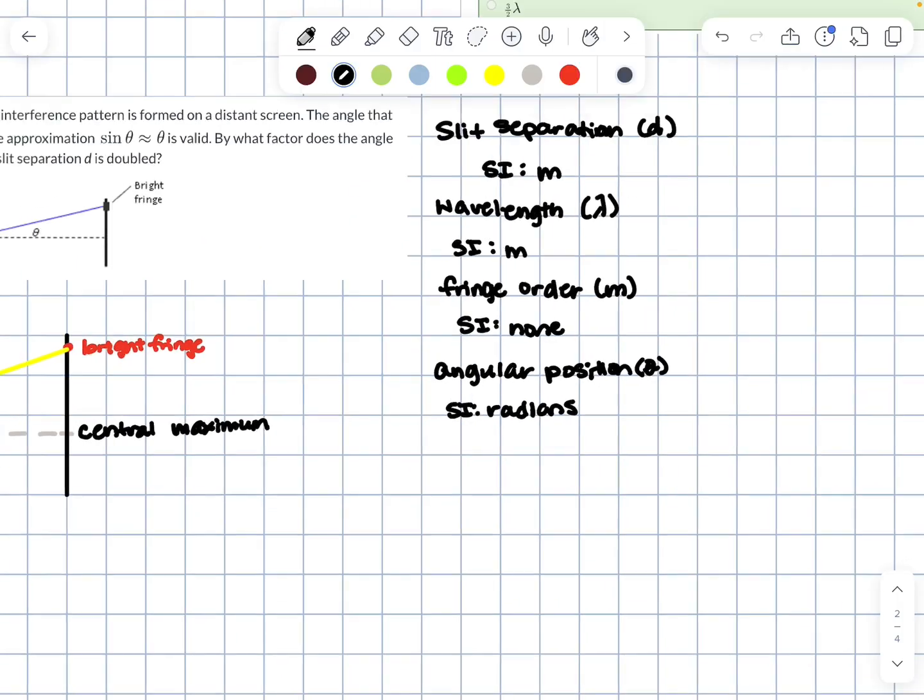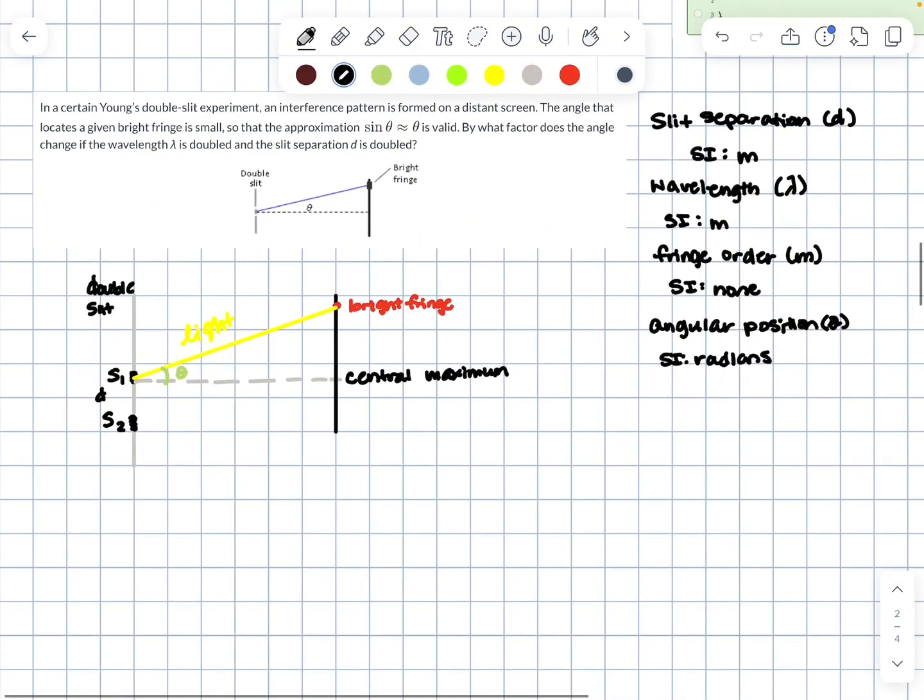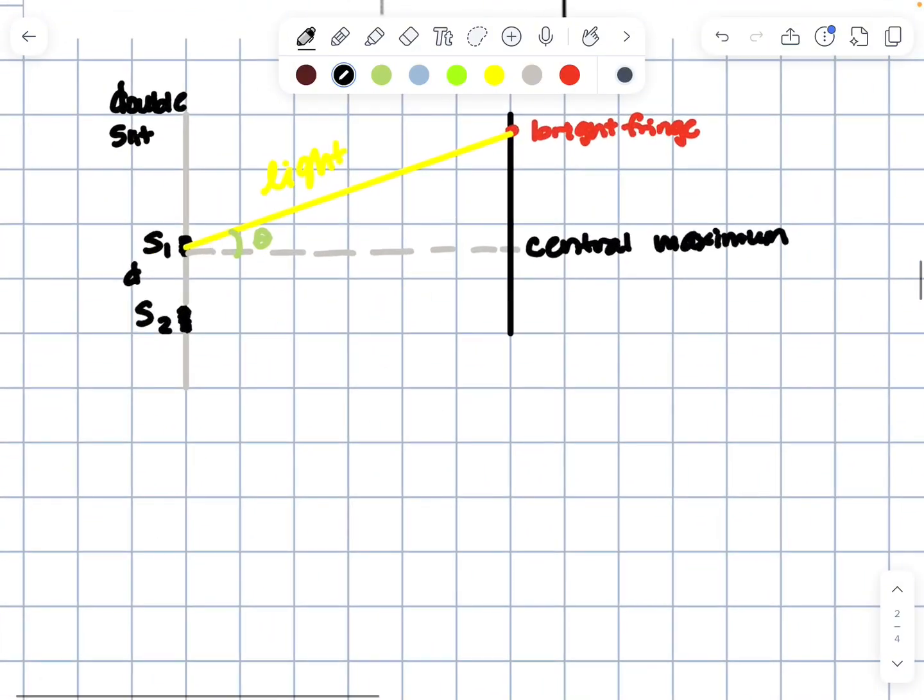Perfect. So now that we've gone over and defined some of our terms, we have this equation here. Sine theta equals m lambda over the distance d. So the path length difference between the light coming from the two slits has to be an integer multiple of the wavelength, which is shown through this equation here. And then we can go ahead and use the small angle approximation. So then this would be theta equals m lambda over d. And then now we can just calculate